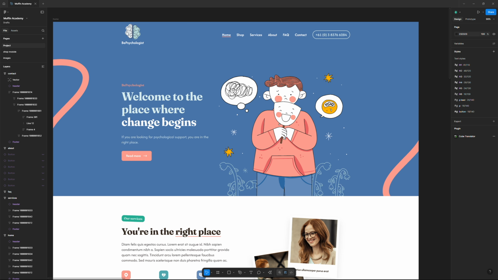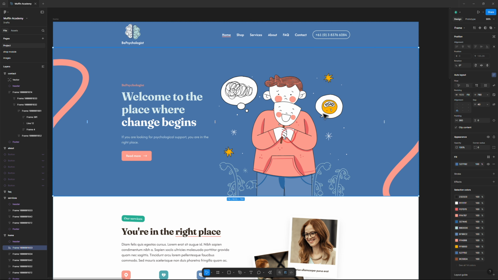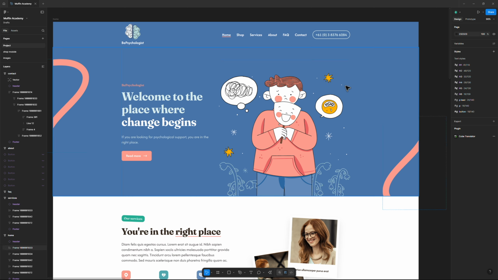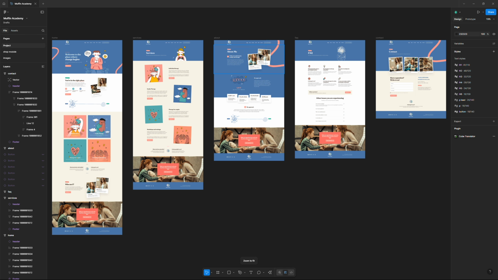Let's take a closer look at the structure of this website based on the provided design prepared in Figma. When zoomed out, we can see that the website features a clear and logical structure. Its colors are distinctly pastel, with blue and pink dominating. In my opinion, these colors are very pleasant to the eye and calming, which corresponds well with the content related